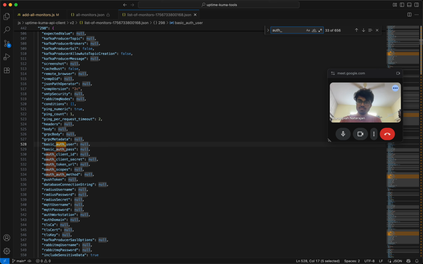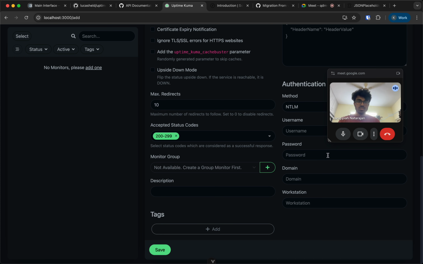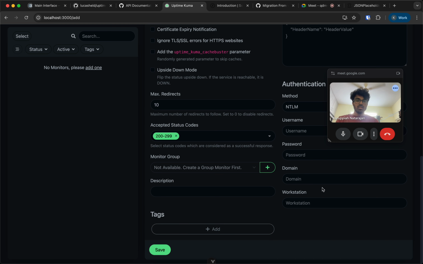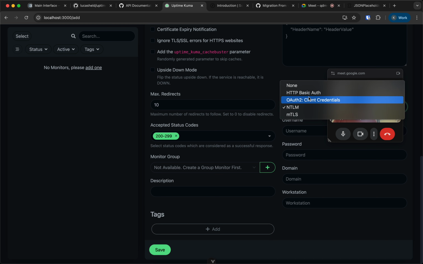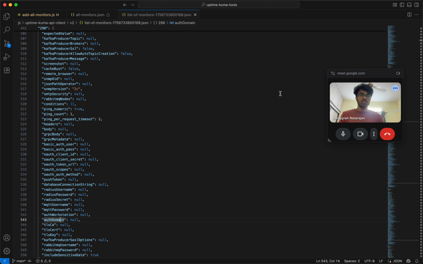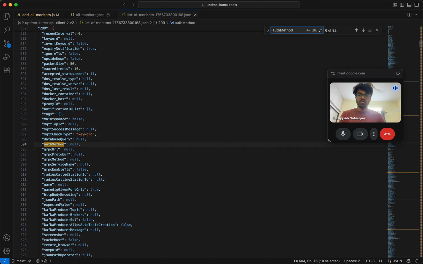So I think we'll just use these and then the domain, yeah, auth domain. So anyways, we just have these, so I'm just gonna support only OAuth 2 and basic auth. Though we don't even have auth method as